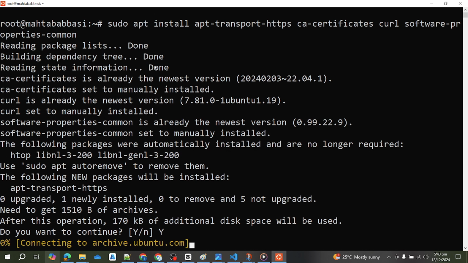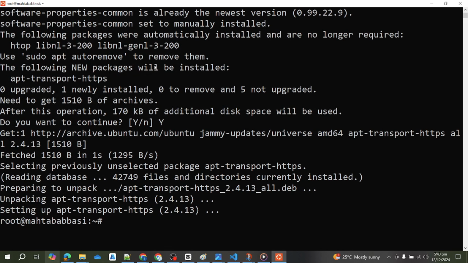Yes. Okay, now next, to add Docker's official GPG key, which command is